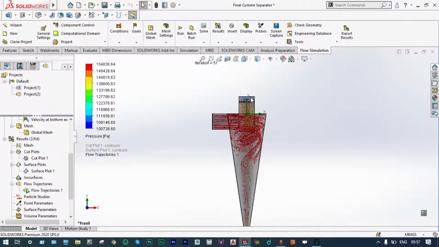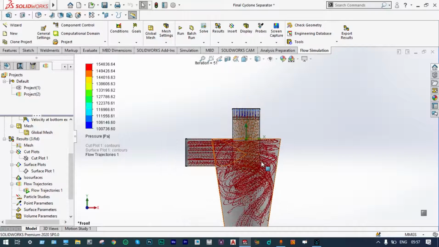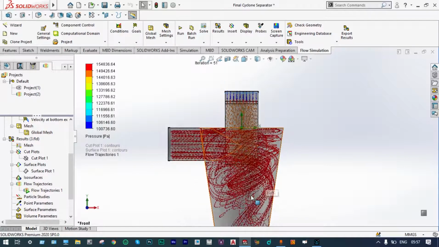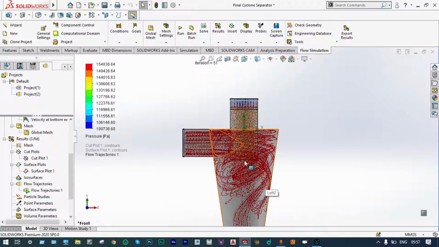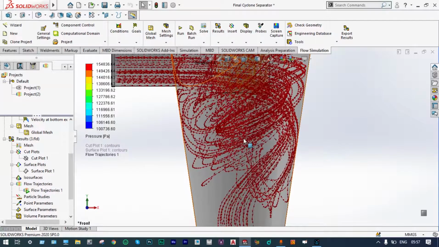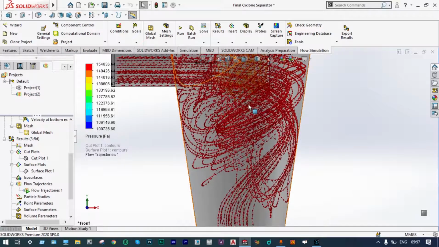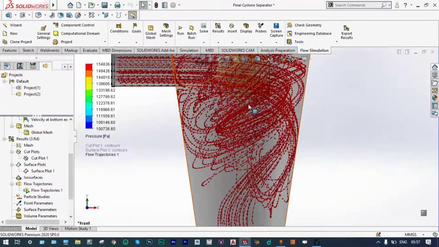The pressure at the top exit is minimum, indicating blue color. Some kind of circular motion is created inside this cyclone separator, and here at this location, the separation of particulates is occurring,